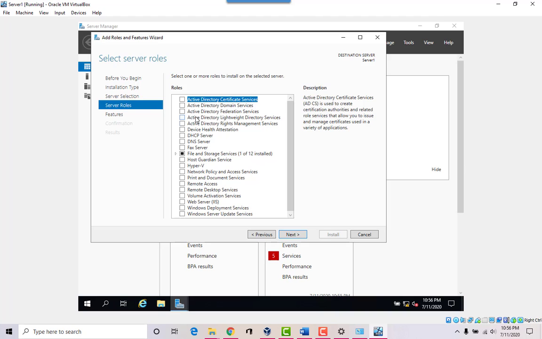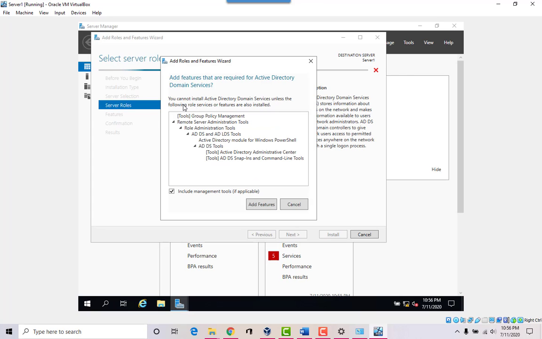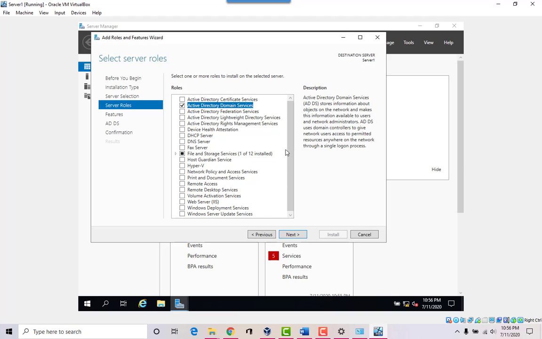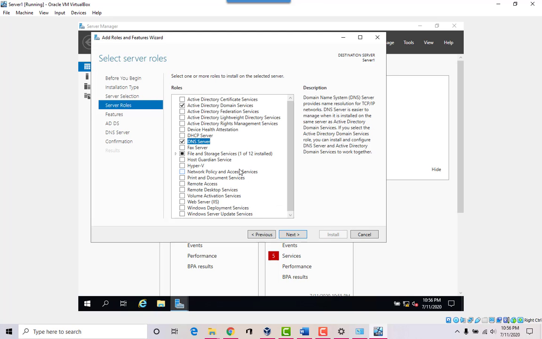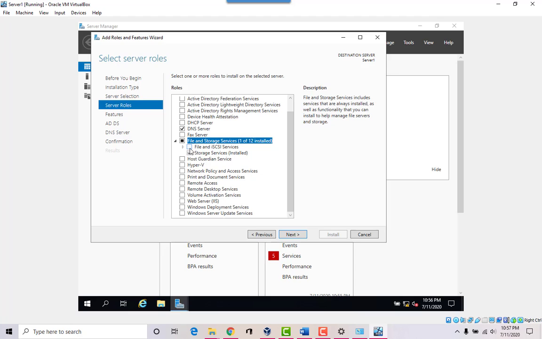Okay, and we want to do Active Directory Domain Services. Okay, and then that's going to install these other extras automatically. Just click Add Features. At this point, we might as well add the DNS server, and we might as well select the file and storage services so that it can become a file server.